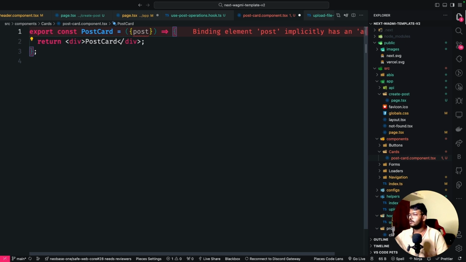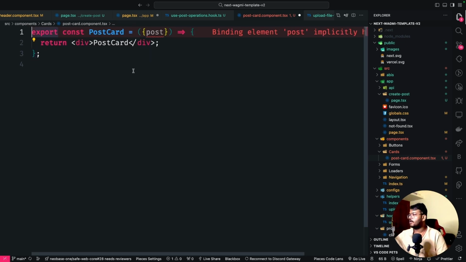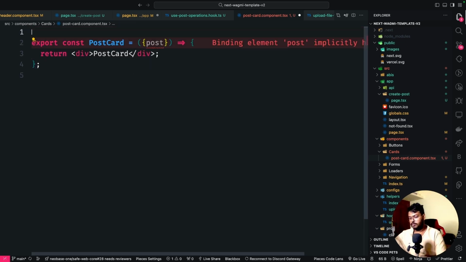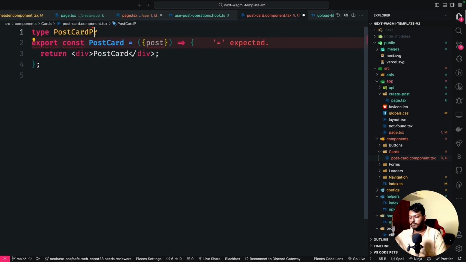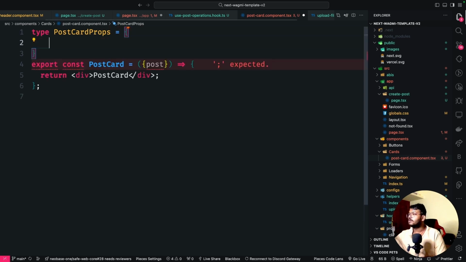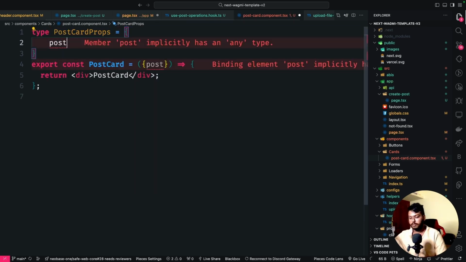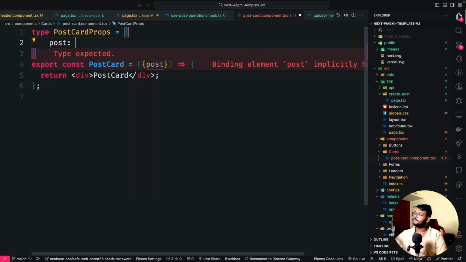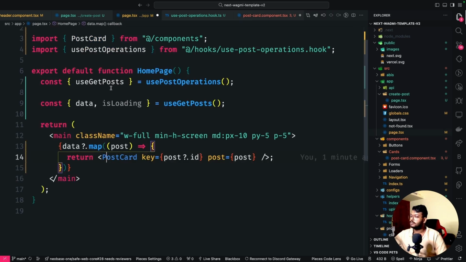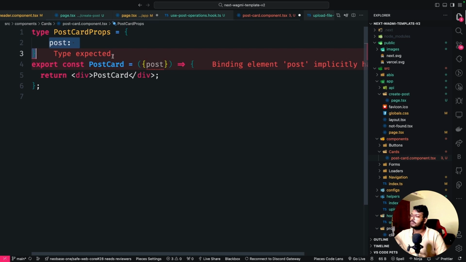And okay, we need to define its type again here. So it's going to be a type of PostCardProps, and it's going to have a post. Now what should be the type of this post? We don't know, right? So instead of making it like this, you can define your type for the post,